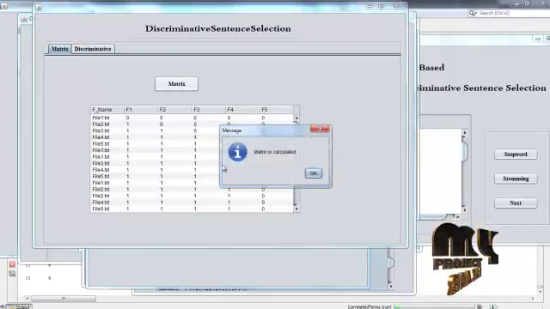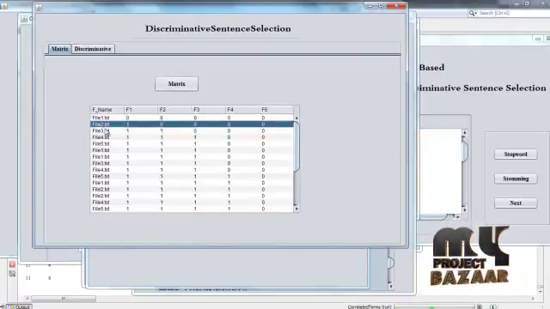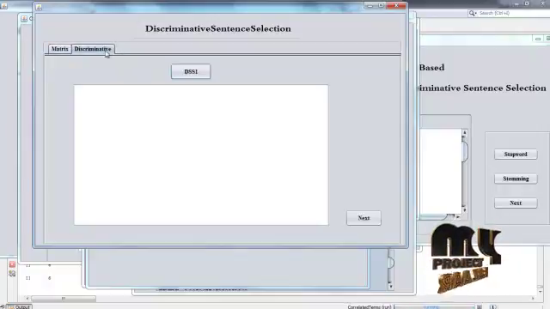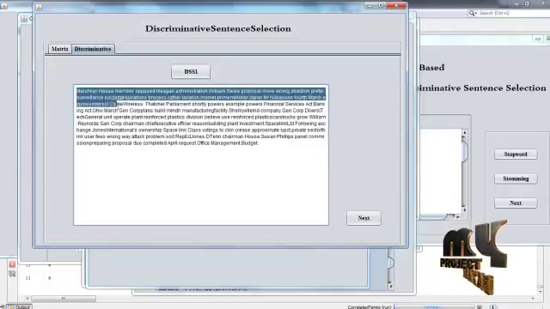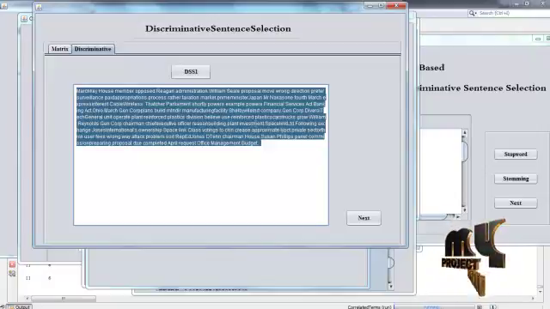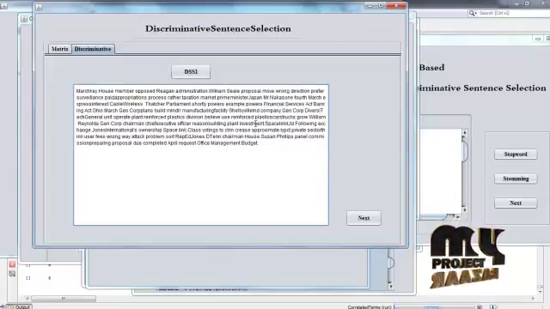Next we are going to find out the matrix function for the summarization. Next we have to find out the discriminative selection, content selection. This is the final step of our process. We can obtain a summary here by choosing the discriminative sentence selections. By the discriminative sentences only we can obtain the